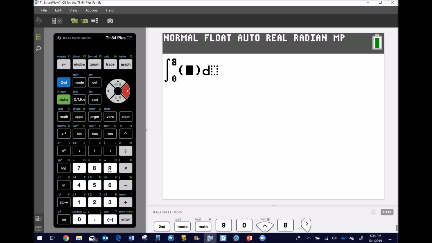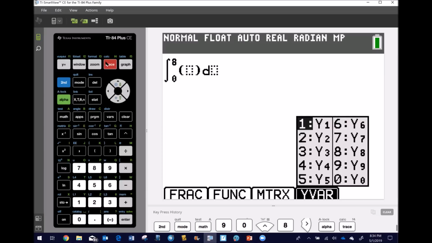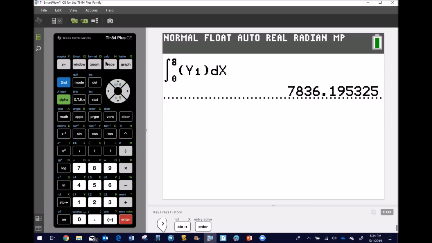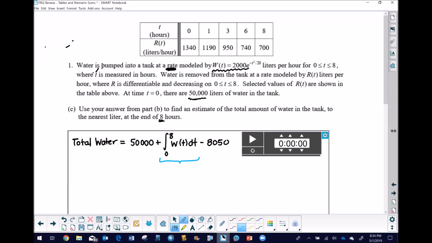And now you don't have to type that function again. You just have to access it. And I think, guys, I'm not real good with the TI-84. I don't use it nearly as often, but I want to say it's alpha trace. Good guess, Mr. Record. So if we put that Y1 in there, it's stored nicely. And again, I could have used the variable T, but X is going to work just as fine. And then that's going to give me a solution. Boy, it's a solution I hope is right. And it turns out that that's what I wanted. 7836.195. So what we'll do here is return back to the document,